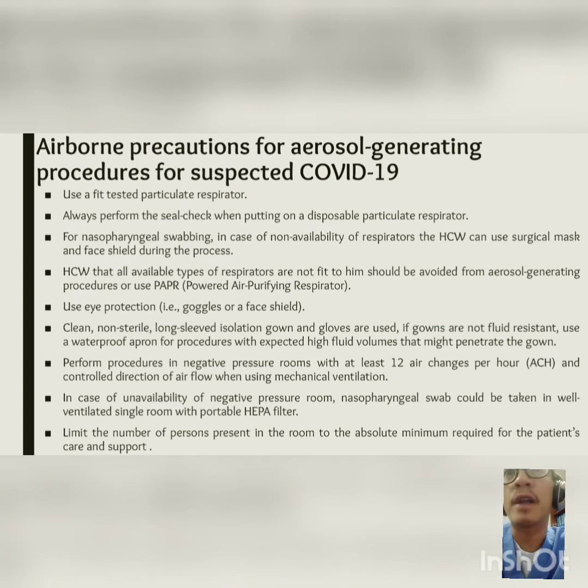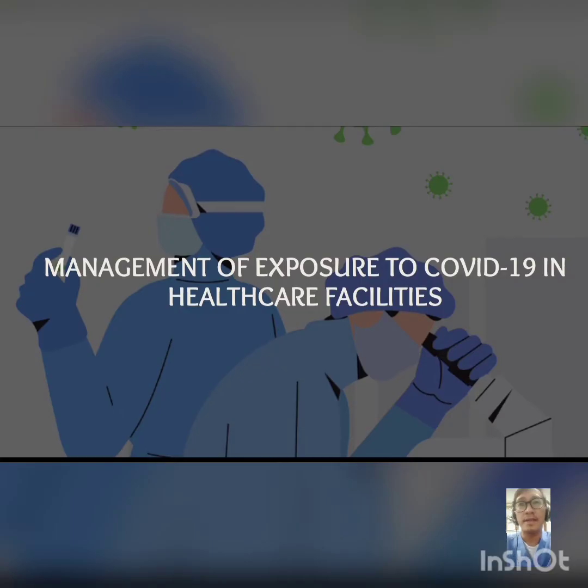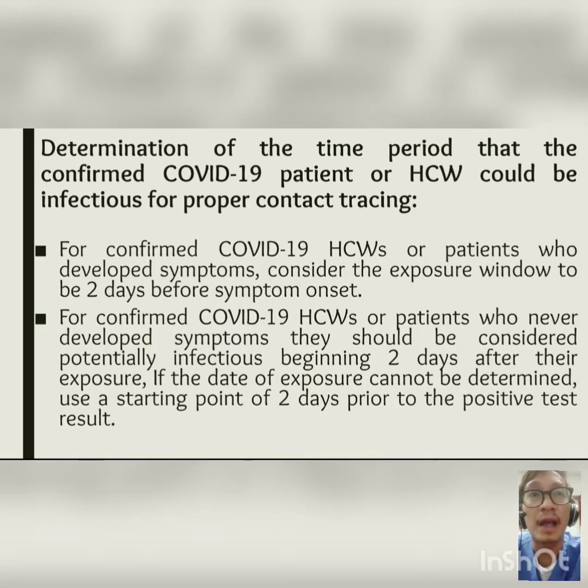So if you are not part of the patient's care or a specific procedure, then do not go inside the patient's room. The next IC strategy is management of exposure to COVID-19 in healthcare facilities. To determine the time period that the confirmed COVID-19 patient or healthcare worker could be infectious for proper contact tracing, first is for confirmed COVID-19 healthcare workers or patients who develop symptoms, consider the exposure window to be 2 days